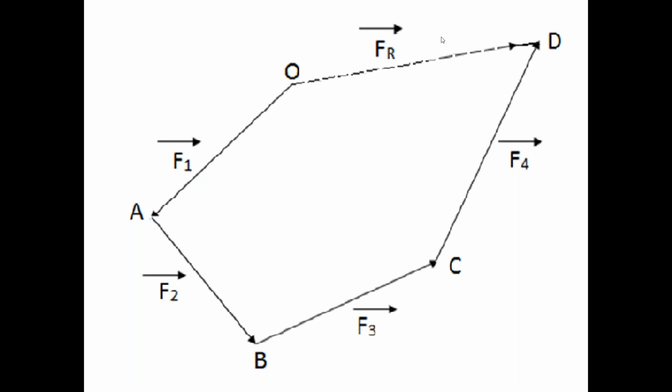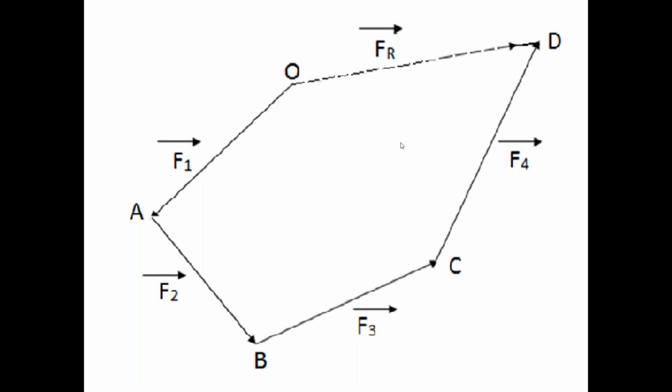If there is no resultant force, what is the condition of these four forces, F1 bar, F2 bar, F3 bar and F4 bar? Anyone please give me the answer. If the polygon is a closed polygon, please follow my question.